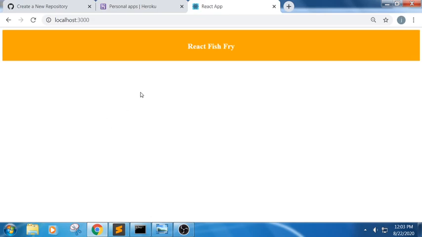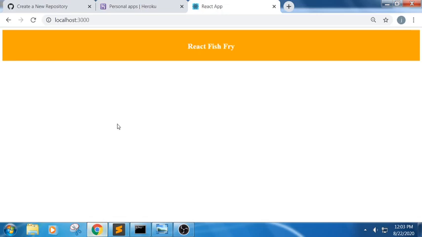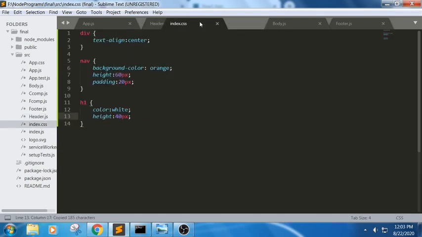Okay, we got some fresh file. I just want to increase this font size. So here we have imported this. Header part is done. Now let us look into the body part. In order to create a body part, we will write the same thing. So let me copy the same file. Everything is the same here.